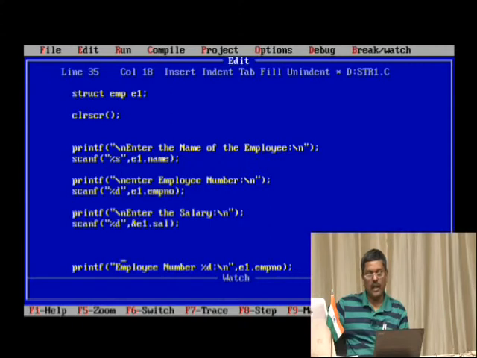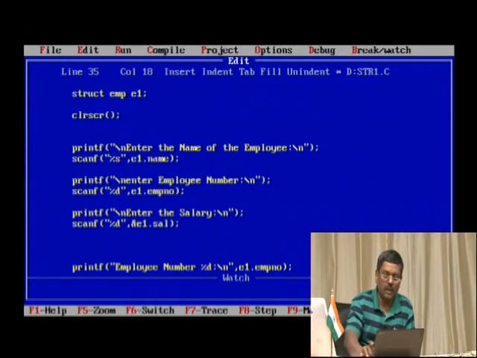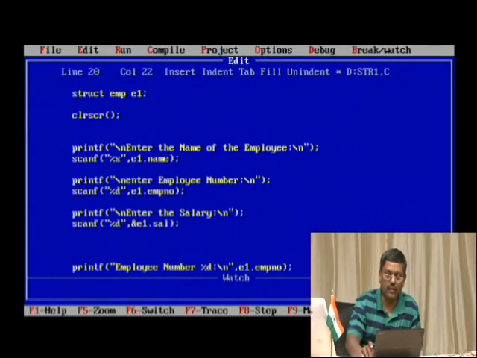But it can also be an array, wherein we would like to store, for example, 10 or 15 or 100 or whatever might be the number of students. So in that case, instead of a single structure variable which holds some values in it, we declare it as an array.